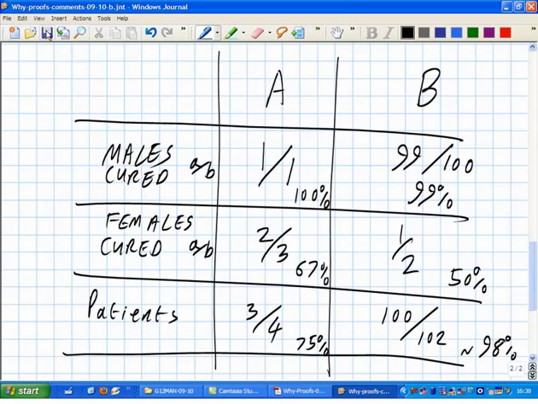But in the examples on Wikipedia, the Wikipedia Simpson's Paradox page has got some explanations as to how you can actually decide what's really going on. Sometimes there is what they call a hidden variable, or a sort of lurking variable that you don't know about, that actually explains what's going on with the figures. And it often is the overall one that's wrong, and the one that's better on the specific issues that's right. And you have to look at the Wikipedia page for a bit more of that one.